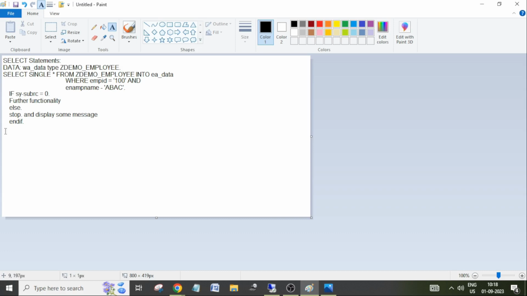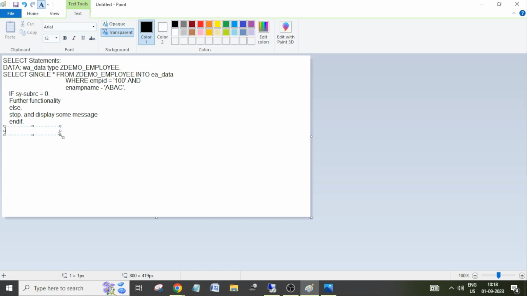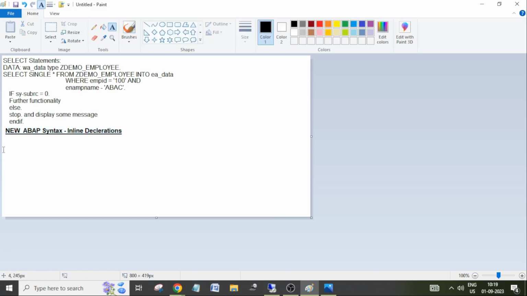Now, how can you write the same select statement using new ABAP syntax? We call that inline declarations. Inline declarations. So here in the same example, if you observe the same example,